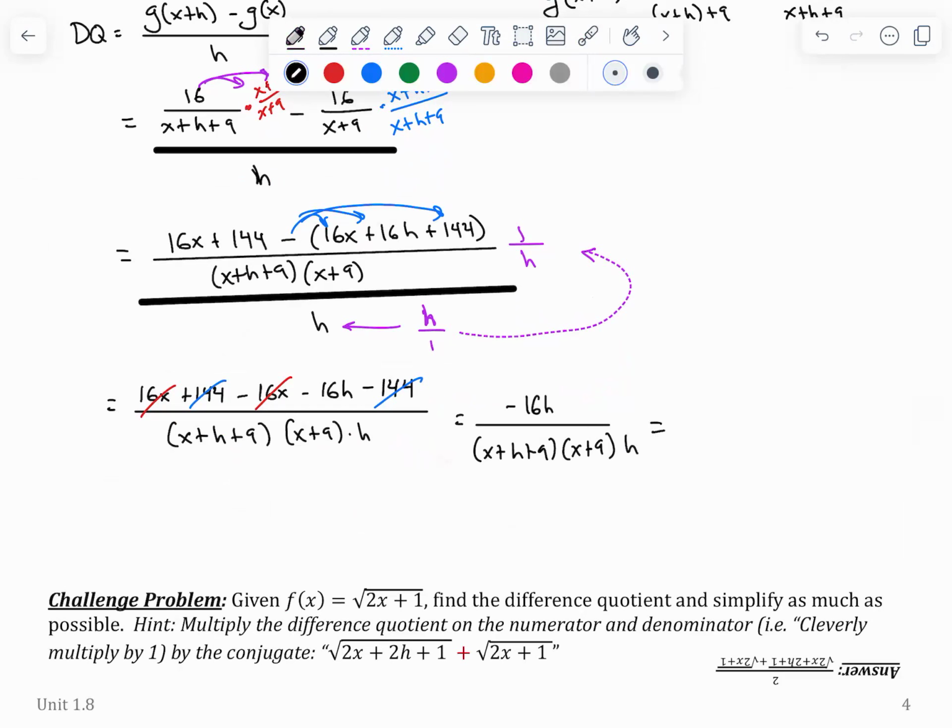So now we can cancel the h's because they're factors, and you get the final answer, which is negative 16 divided by x plus h plus 9 times x plus 9, and that is our